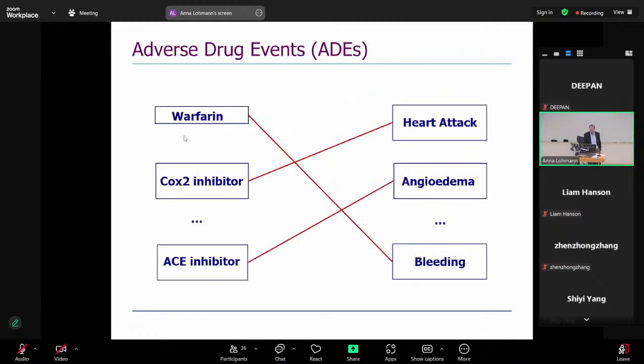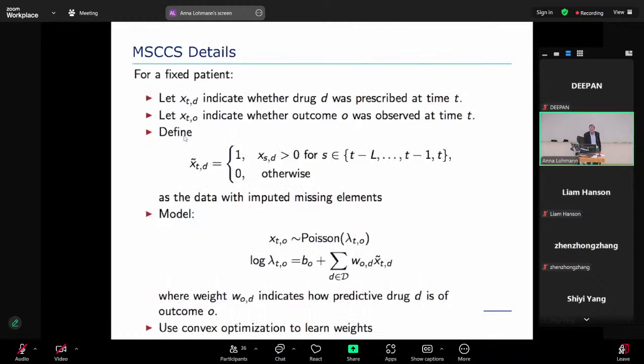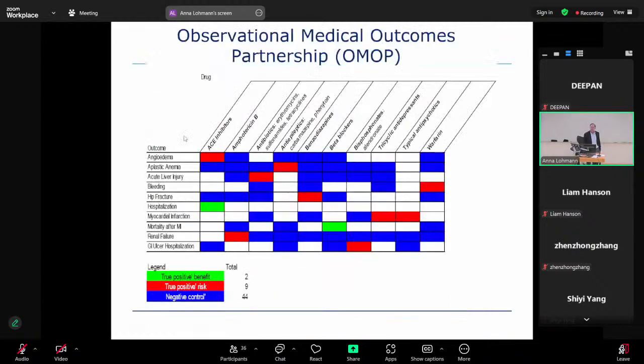This is back to that OMOP ground truth that I told you about, matching drugs and events they cause. This is another picture of that ground truth. The blues are just a sampling of the non-reds, non-greens, for which there seemed to be no literature evidence that the drug is maybe causing the event. The reds are based on actual drug labels, so they're a sound ground truth. OMOP evaluated many, many methods,